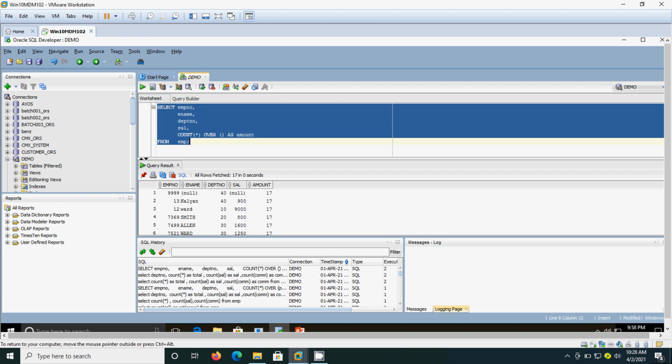See, here we are getting multiple rows. That is the difference between the aggregate count and the analytic count.